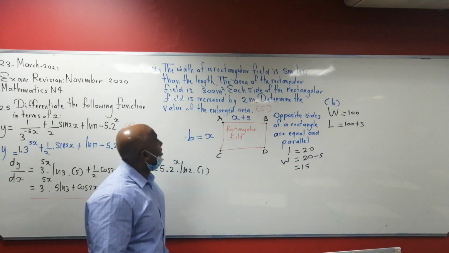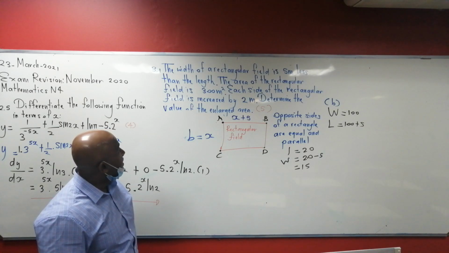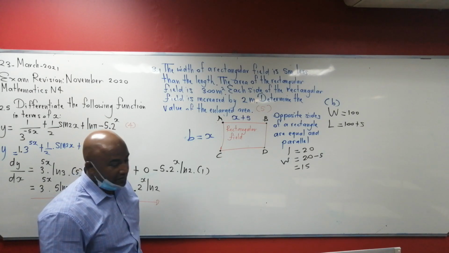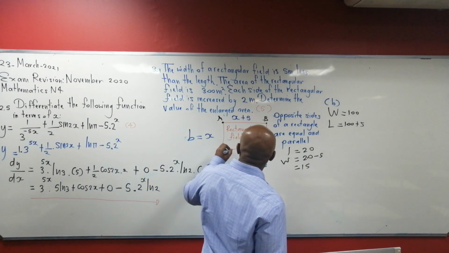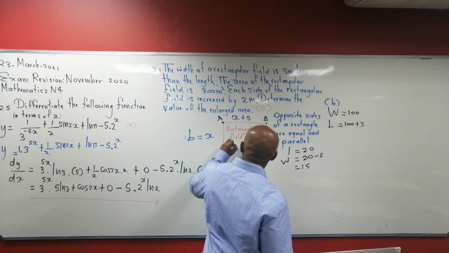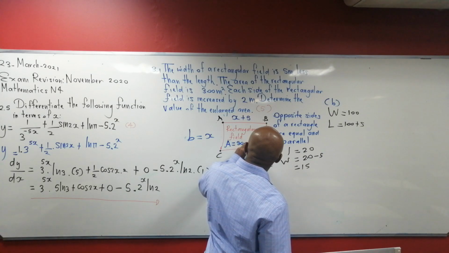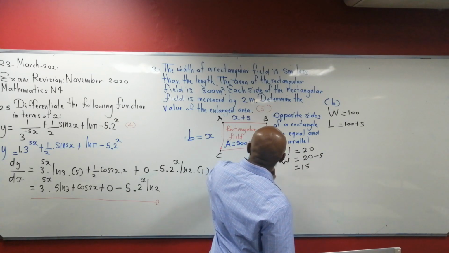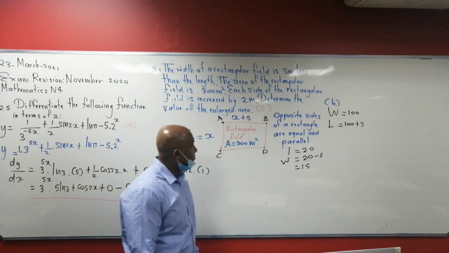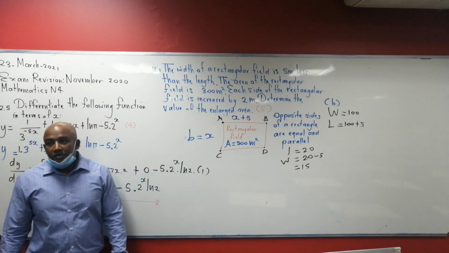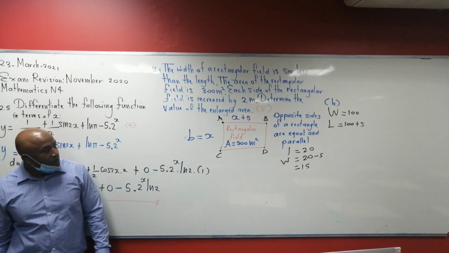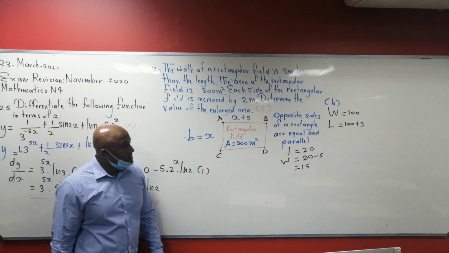The area of the rectangular field is 300 square meters. Okay, so we are given the area. So the area is 300 square meters. So now,